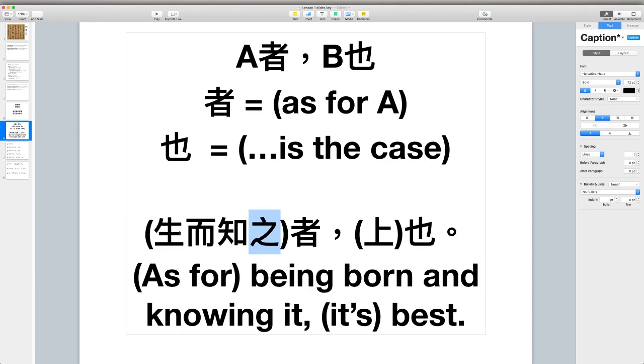And this 之 is basically a placeholder for a direct object. So normally you translate it as it or he or she. There's three main uses of 之 that we'll encounter in this course, and this is one of them. If you were to choose a direct modern Chinese equivalent of this use of 之, I would say it's 他,